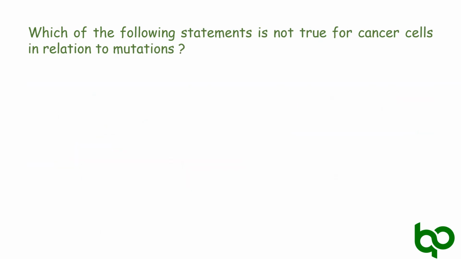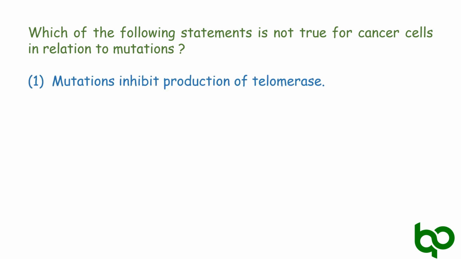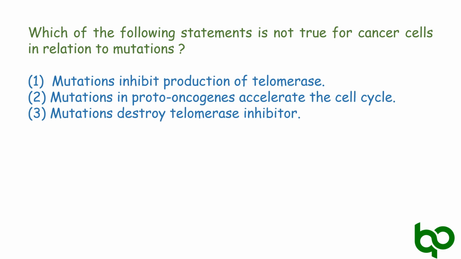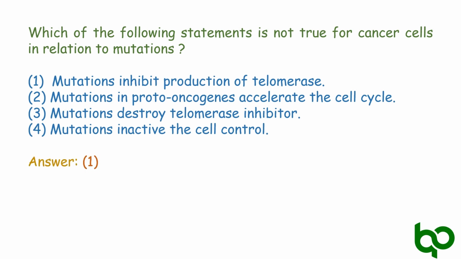Now the last question is, which of the following statements is not true for cancer cells in relation to mutations? The options are: mutations inhibit production of telomerase, mutations in proto-oncogenes accelerate the cell cycle, mutations destroy telomerase inhibitor, mutations inactivate the cell control. Now the answer will be option 1, mutations inhibit the production of telomerase, because